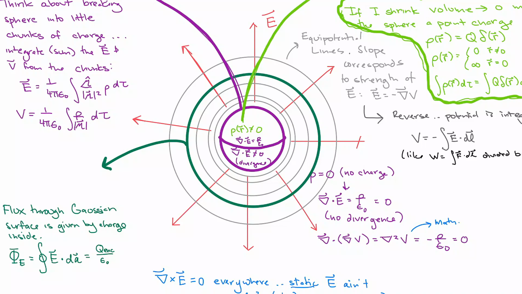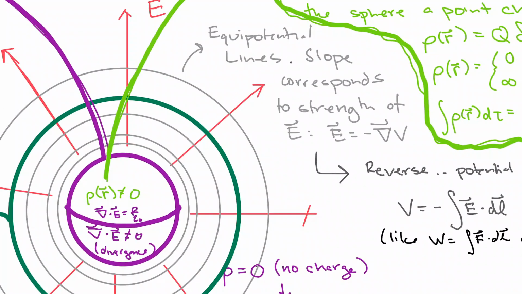In gray here, I have the equipotential lines. These equipotential lines are lines where the voltage has a constant value. You can almost think about a figure like this like a topo map. All of these lines represent a constant voltage. If I happen to have drawn them at even intervals, so say each of these lines is 5 volts apart from one another,